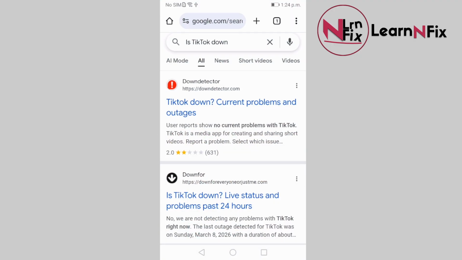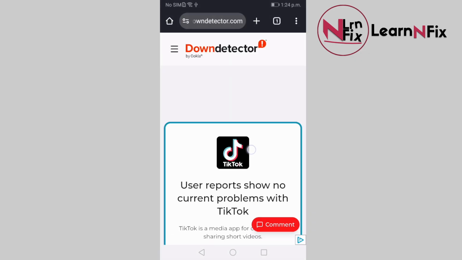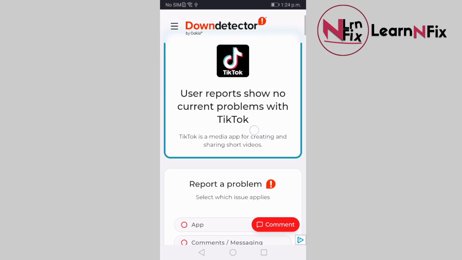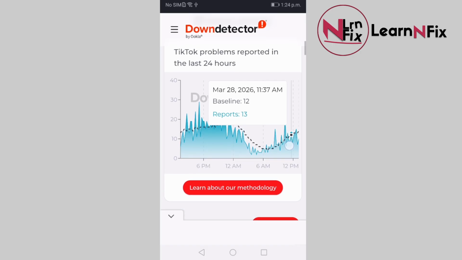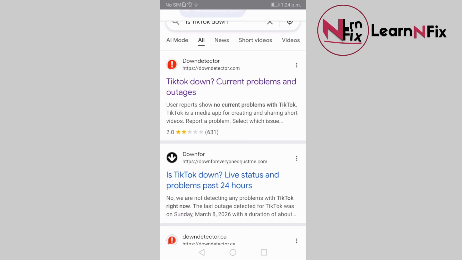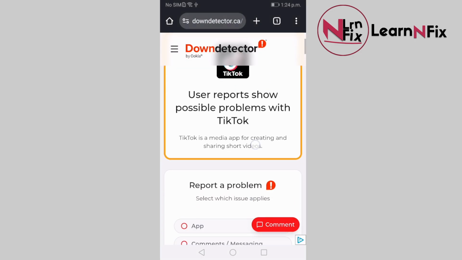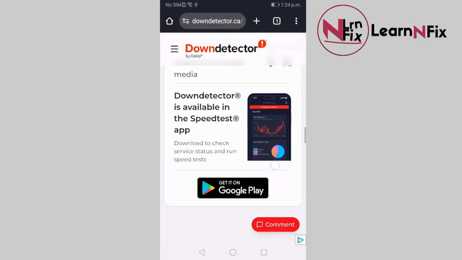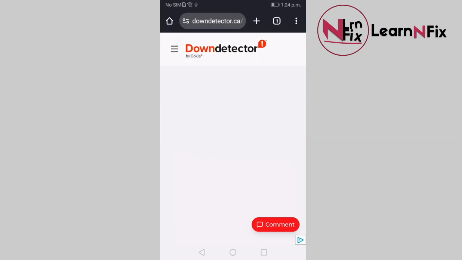If you go to Google and type in "is TikTok down," you'll get websites like these where they will tell you, for example, if TikTok is having a global issue and everyone else is also having this problem. You would see a spike here in the data, like a red line, and for this website it will show the same thing. You would see a big spike in errors, declaring that this is a global issue